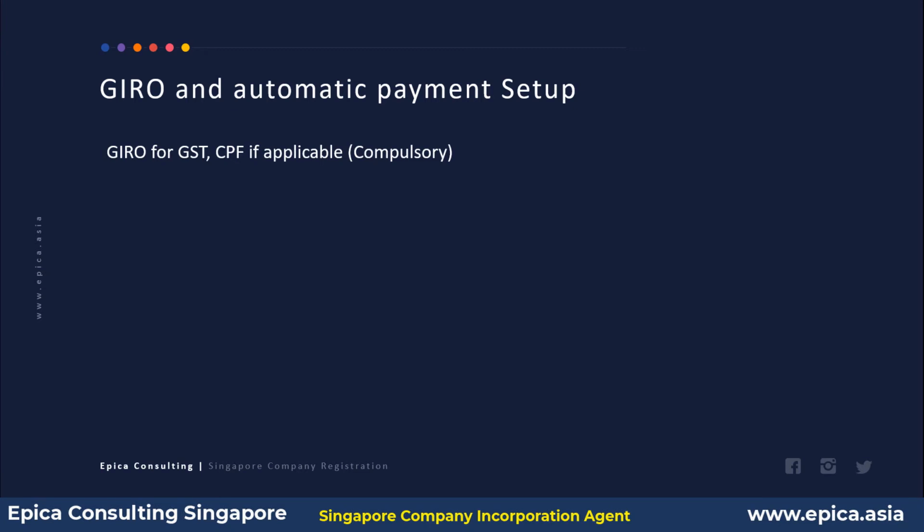What happens is, when you submit the CPF details, the CPF Board will automatically withdraw that much money from your bank account. So you don't have to make any specific payments. You just have to submit the statement and the money will be automatically deducted. And the same is the principle for GST. You will submit the statement and whatever money is due from you to the government will be automatically deducted from